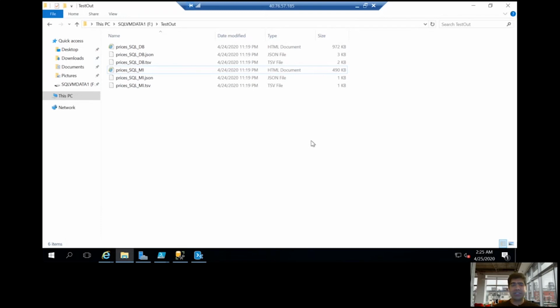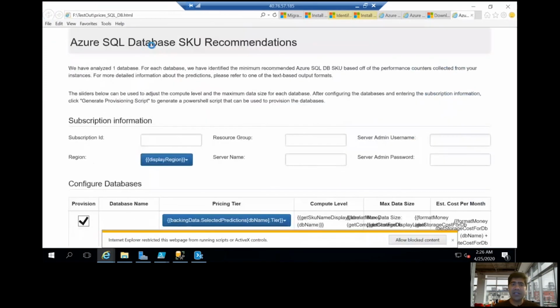In case you have cross database schema or some other requirements which are not compatible on Azure SQL Database, then you can click on prices SQL MI, which will tell you exactly how much the price will be and which tier you need to go for if you are going for managed instance. But if you don't have any complex query and your database is very much compatible with Azure SQL Database, then you can click on this and it will open this window,